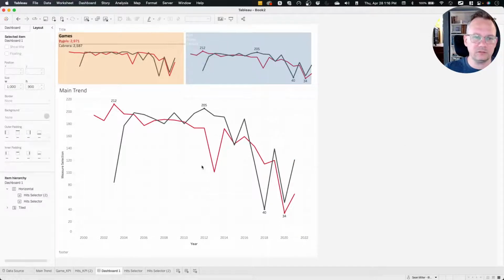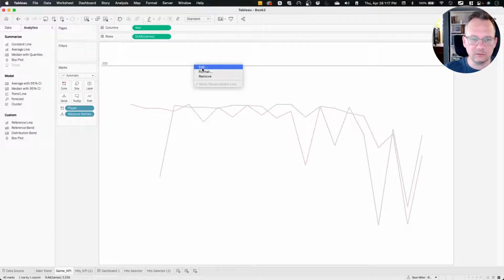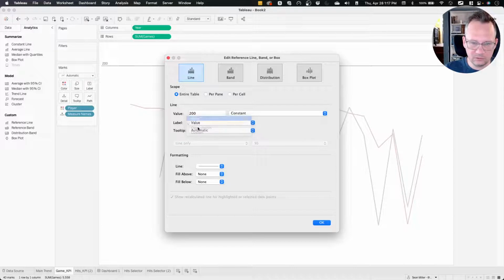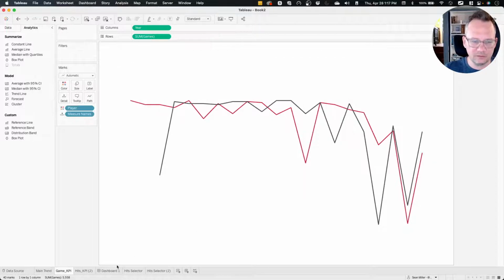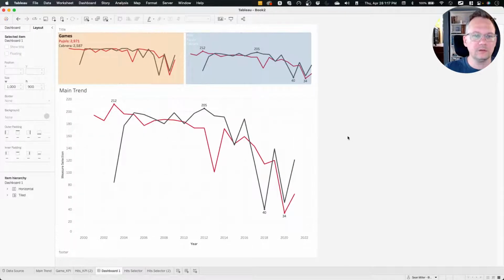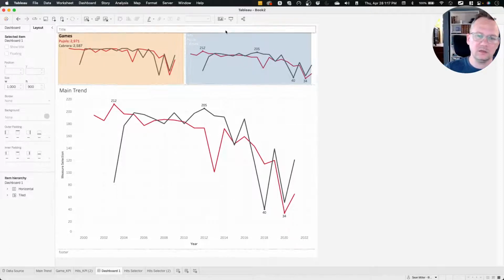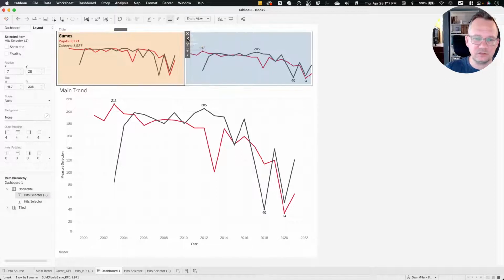And then you can go in here and you can remove your KPI. So, remove, edit, format, no label, no tooltip, no line, no fill. And now it's gone. All right. So then you would just kind of have to play with that as you build out the others. But now what we need to do is